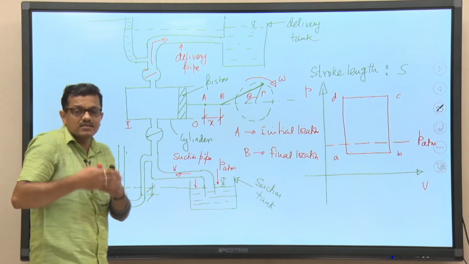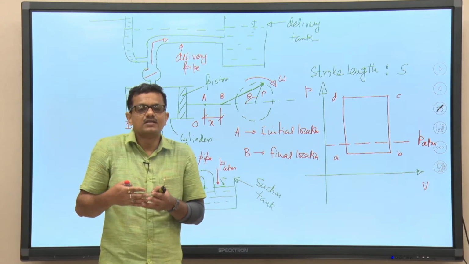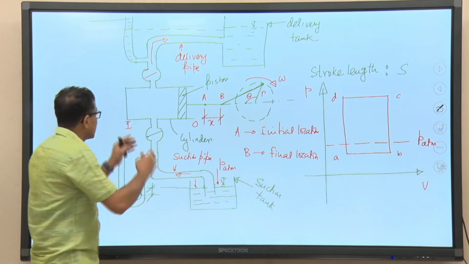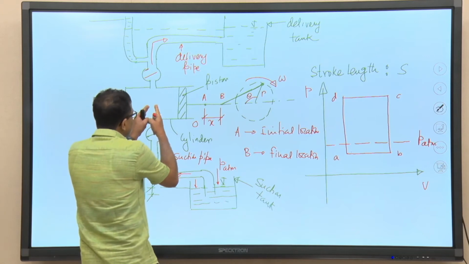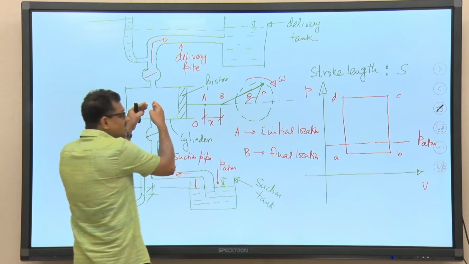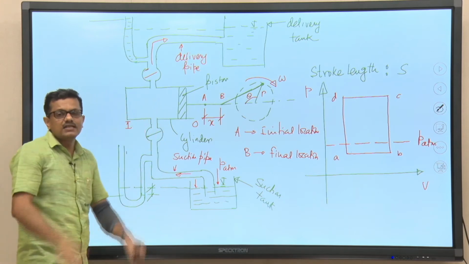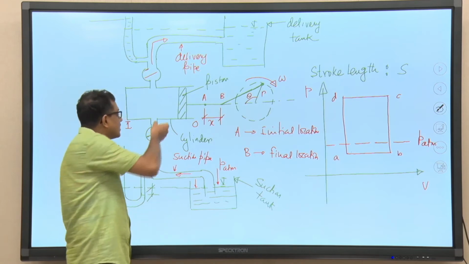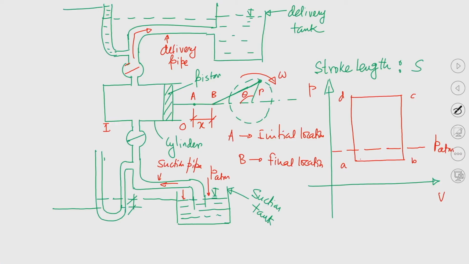So, basically the acceleration and deceleration effects are involved with an additional pressure. You can understand that when the piston is moving towards the outer end at the beginning of the suction stroke, there is more negative pressure inside the cylinder. So inside the cylinder there will be a further drop in pressure. Let me first write this expression.